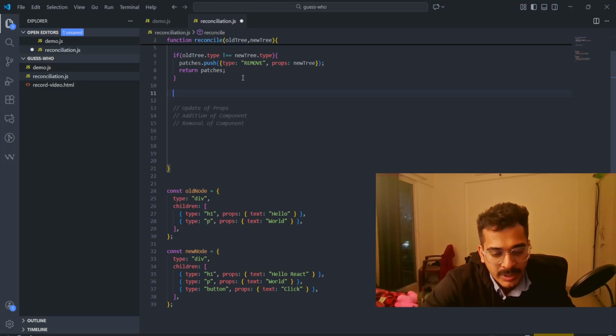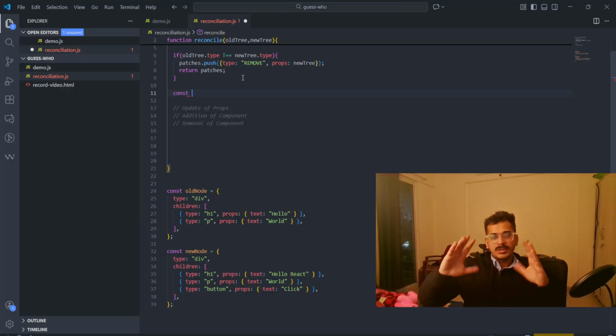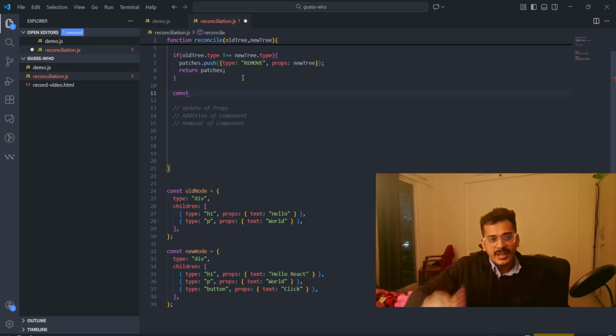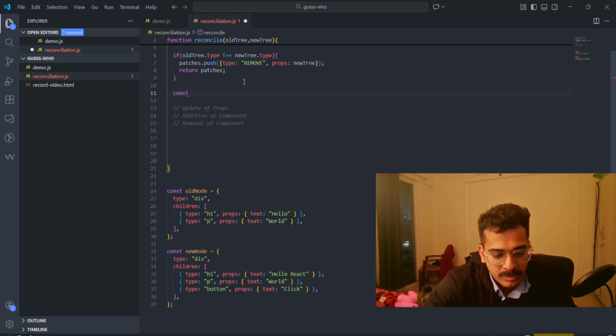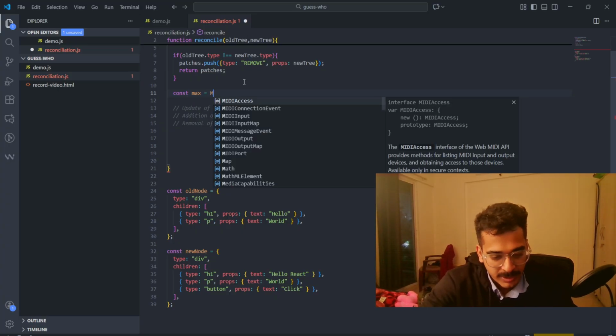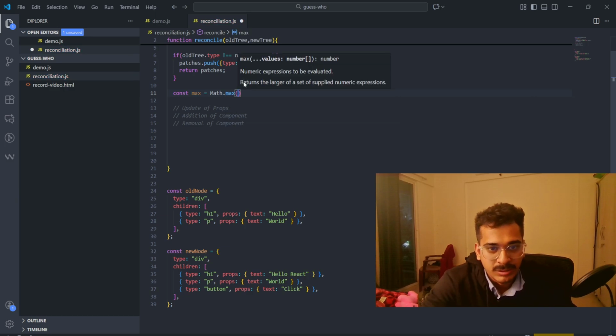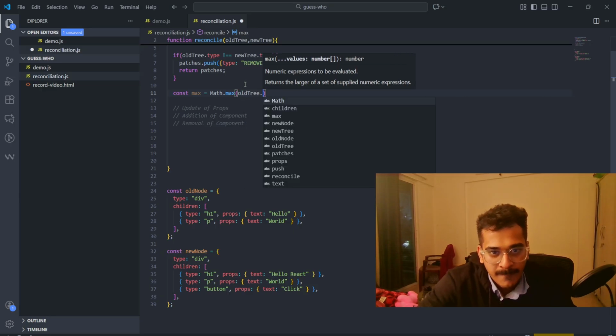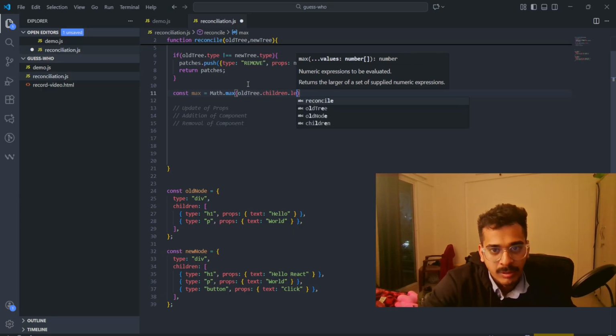Before we do our recursion, let's first compare the upper part, the parent tree. So we can calculate the max number of children, by the way. It will be, for example, oldTree.children.length